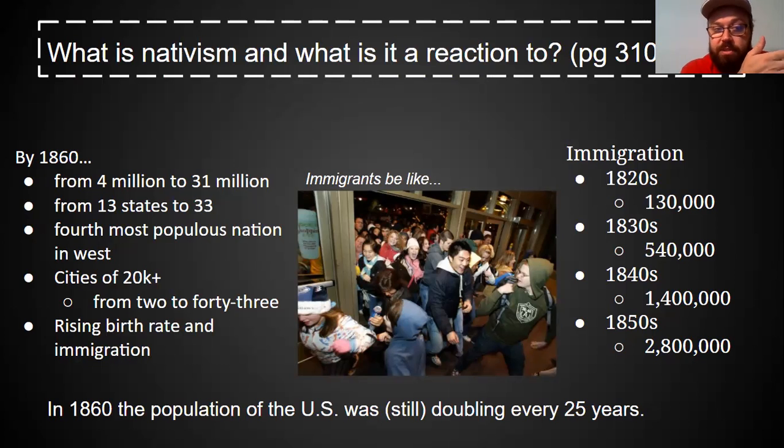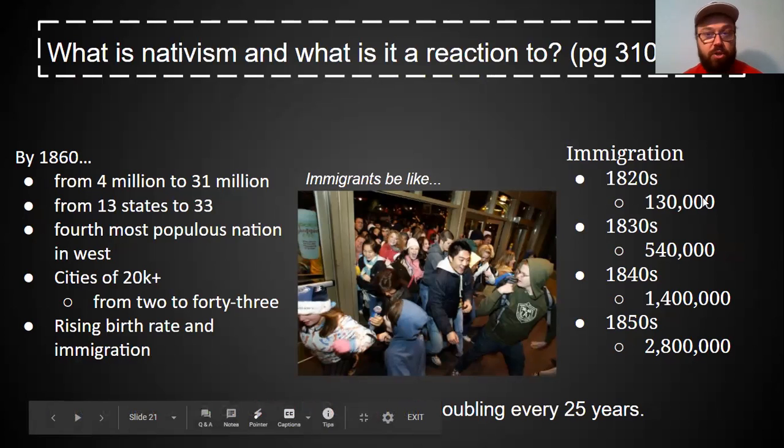In the 1700s, we said the population of the United States was doubling every 25 years. In 1860, it's still doubling every 25 years. I ran this one by you before, but imagine if we were in a classroom and there was no pandemic and there's 35 of us, and I said every 25 minutes in a 100-minute period, the population of this class will double. So 25 minutes in, we'll go from 35 to 70. Another 25 minutes later, from 70 to 140. Another 25 minutes later, from 140 to 280. Holy smokes, it's going to get crowded, right? And that's what's happening.